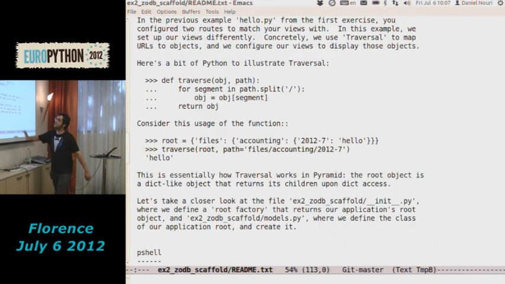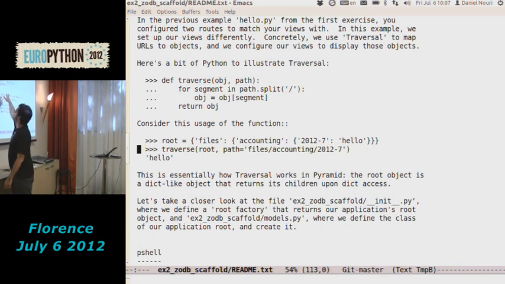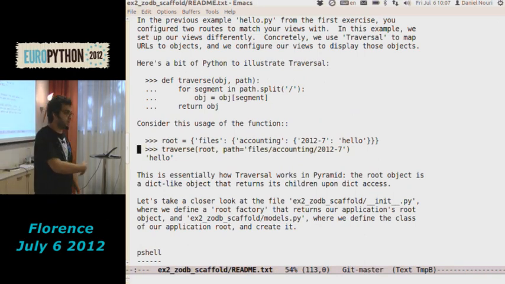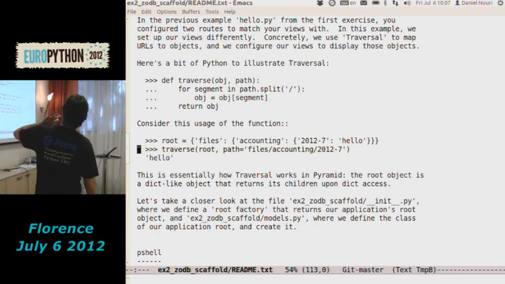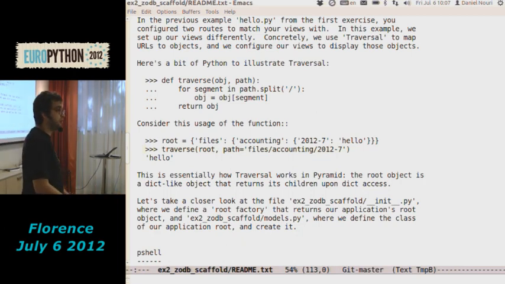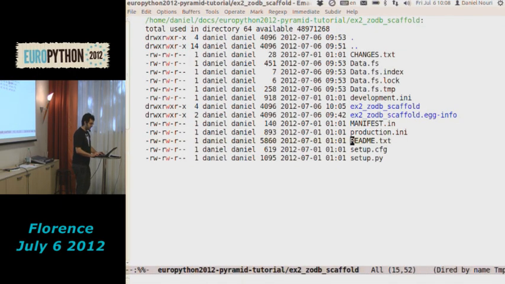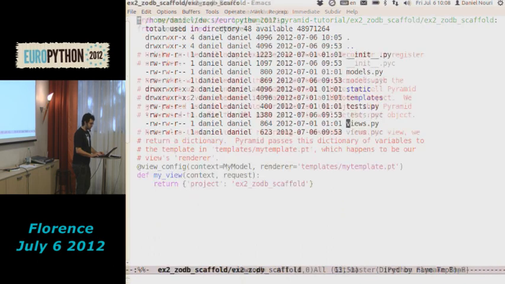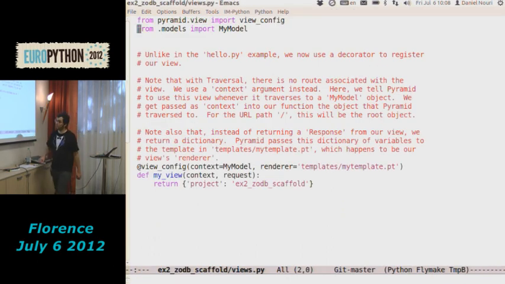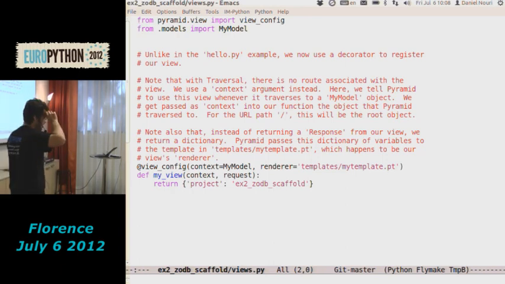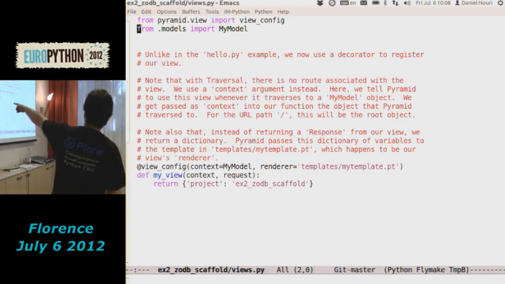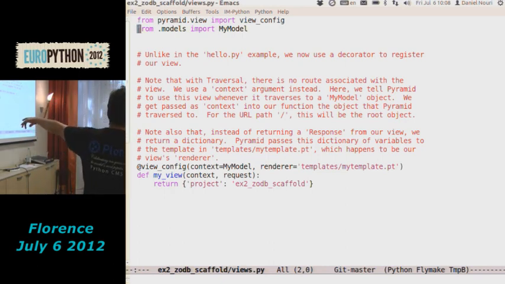Right, so imagine that it traverses to a given object, and this might be a MyModel object or any other model that you have, and then it says, okay, now that I have found a MyModel object, how do I find the view to present this object to the user, to the browser? Which view to use is the question, and the answer is it's going to use the one that has the right context configuration here, right? So the idea being that if we find a MyModel, we're going to use this view to present the model